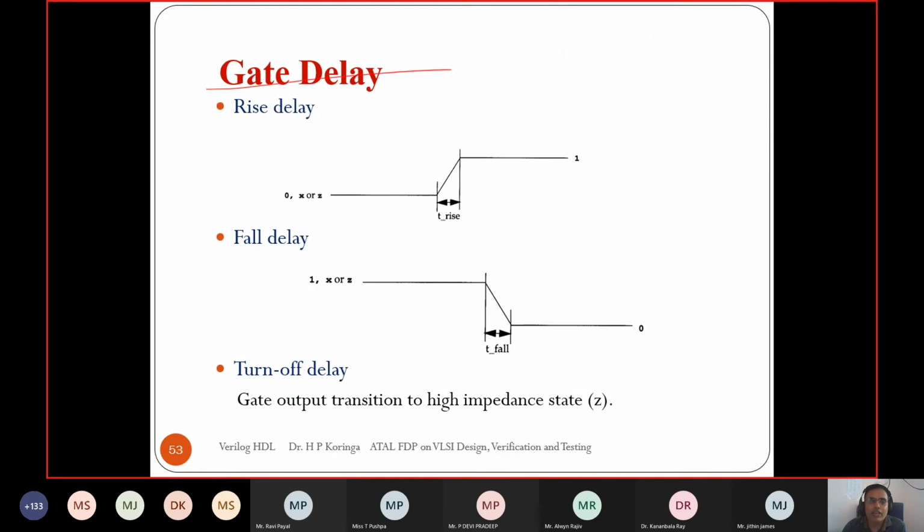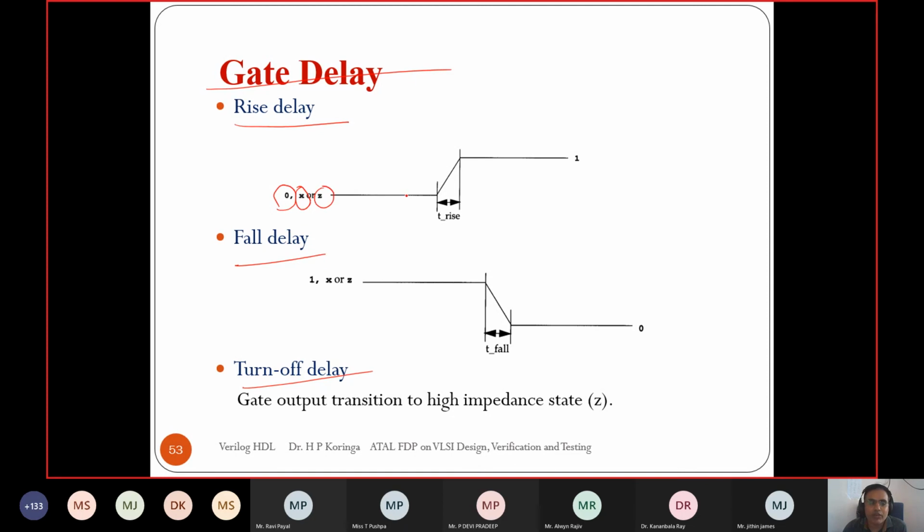Now in this gate level netlist there are three types of delay: rise delay, fall delay and turn off delay. So let's see what the rise delay is. Rise delay is the time taken to change the output from 0 to 1, from X to 1 and from Z to 1.